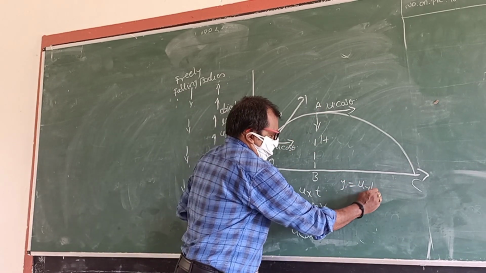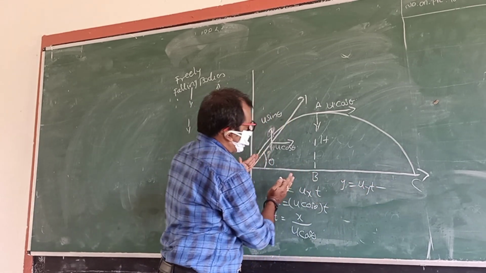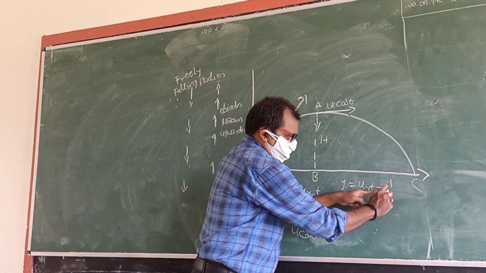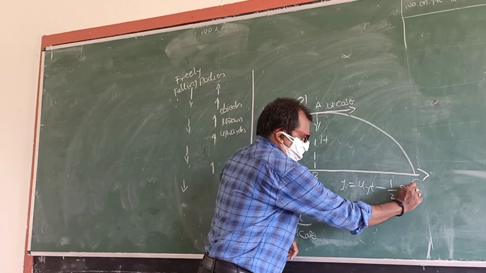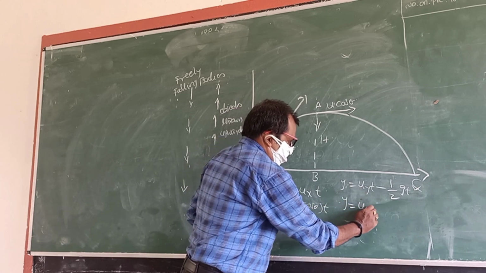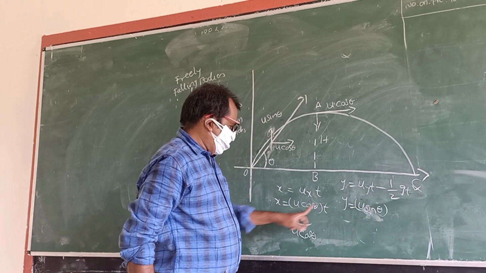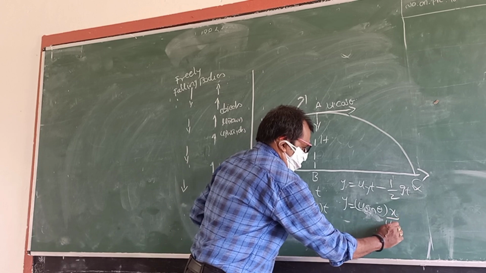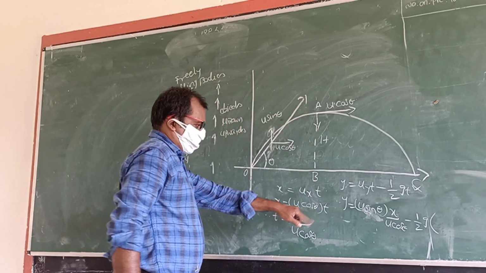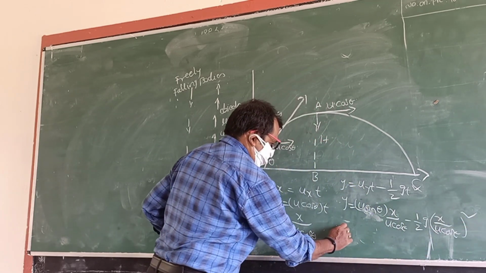The vertical distance travelled by the projectile, y, is equal to uy into t minus half g t square. Here, once the object is thrown upward, acceleration due to gravity is negative, therefore minus 1 by 2 into g t square. The basis for this equation is s is equal to ut plus half at square. Y is equal to u sin theta into t, minus 1 by 2 into g into t square. So wherever t is found, you can replace it with x by u cos theta.